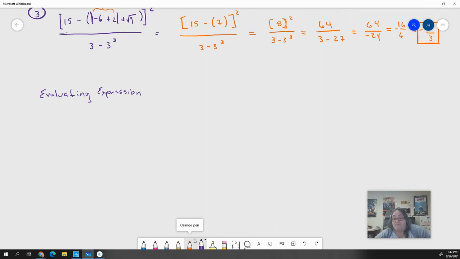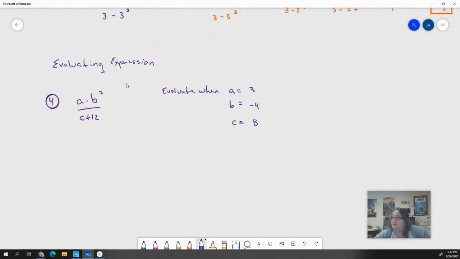Right? So if I have the expression, what did I leave off on? Number 3 there. Let's call this one number 4. If I have the expression a times b squared over c plus 12, and I want you to evaluate this expression, right? So evaluate when a equals 3, b equals -4, and c equals 8. All that means is in this expression right here, it's an expression, not an equation, because